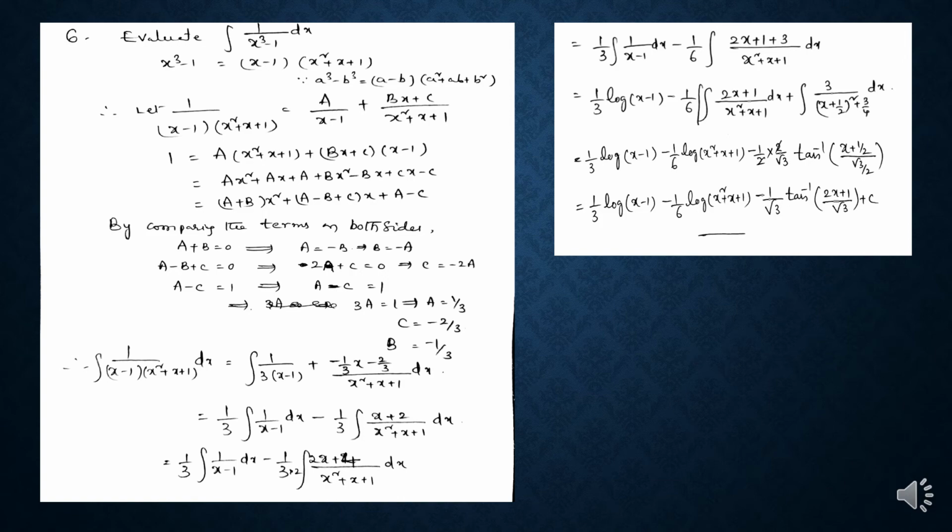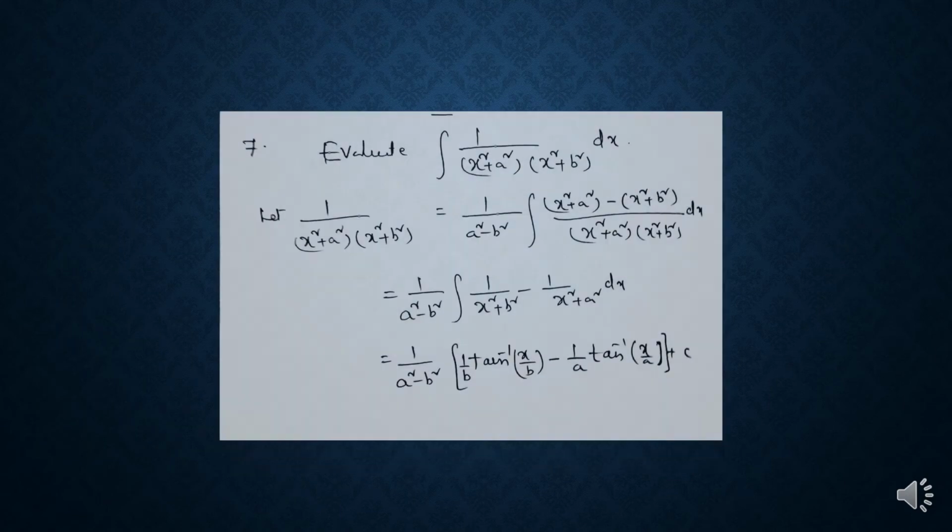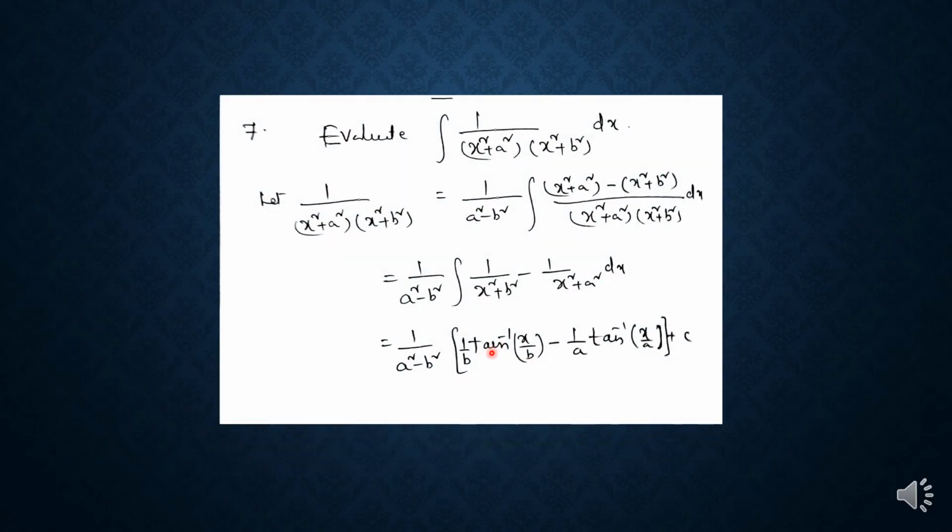Coming to the next, seventh. Evaluate ∫ 1/((x² + a²)(x² + b²)) dx. Observe the factors in the denominator. We have x² + a² as one factor and x² + b² as the second factor. These two factors are